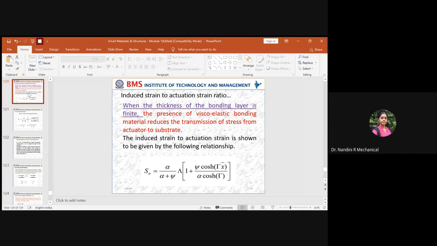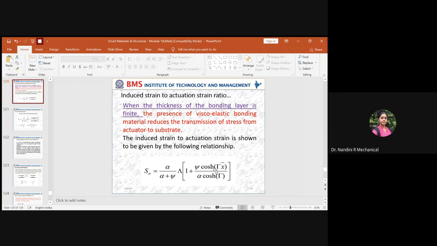In that case, what will be the strain which is being induced across the actuator? Only when the bonding layer comes into the picture, this is the equation you have to use. In many cases, you will just have a rod and a piezo patch, with no bonding layer at all. If it has a bonding layer, and the load subjected is uniformly distributed, so that you have uniform strain inducement, then you have to refer to the uniform strain model we have explained.